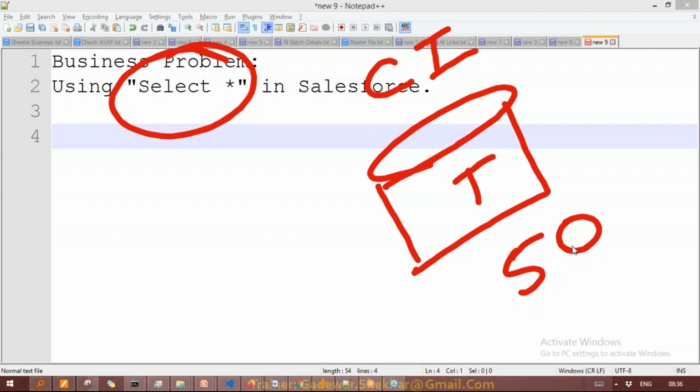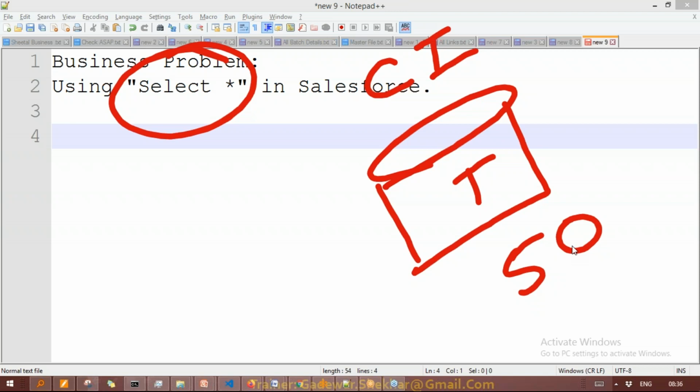Now let me tell you what we do. We also have requirements like this in our project, and we have to work on this kind of scenario quite often. So let me tell you how we solve this issue. For this, I will go to the Salesforce environment, focus on a specific object, and show you the solution on it. This way you will also get the knowledge to learn this concept.